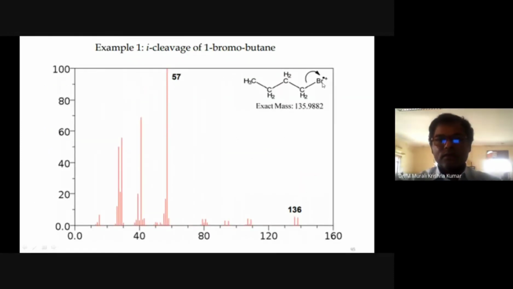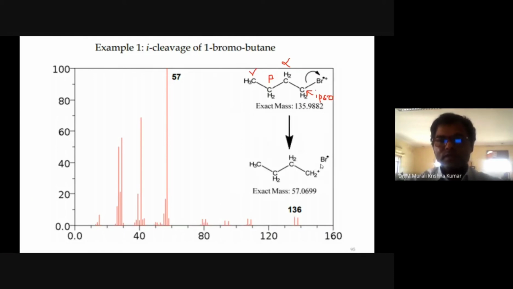Okay, so the charged site is over here. Now that will induce fragmentation of the bond. I cleavage means cleavage at the site. I means ipso. Let's say a carbon-bromine bond is there. What is the term we use for this carbon? If you wanted to give the positions, we call this alpha, this is beta, this is gamma. So what is this carbon? This carbon is ipso. So this is I cleavage.